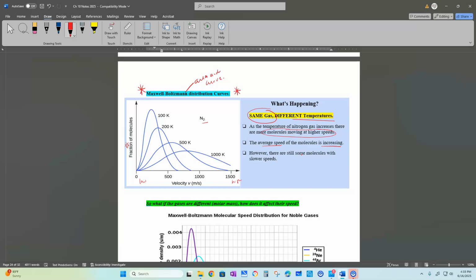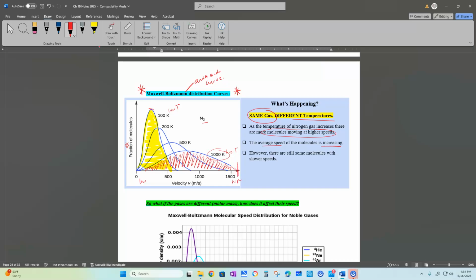But basically, say at 100 Kelvin, this is a low temperature. Versus 1,000, 10 times greater, high temperature. You're basically saying at this point in time, this yellow part of the curve, only a fraction of the molecules go at that speed. And that's it. Versus somebody that's 1,000, you have what's called a greater distribution of molecules that can go that speed. So notice some of them are very high in their curves, some of them are very long in their